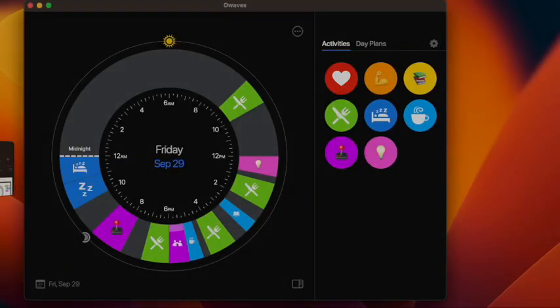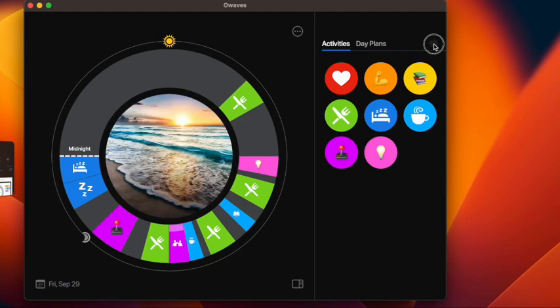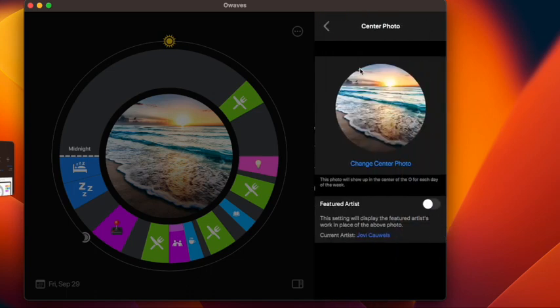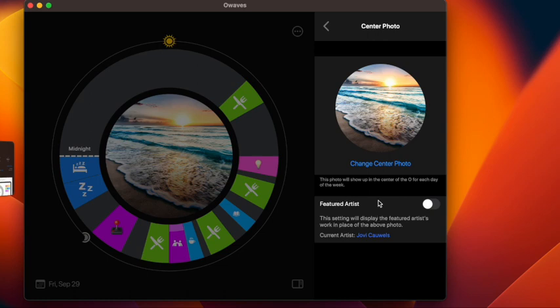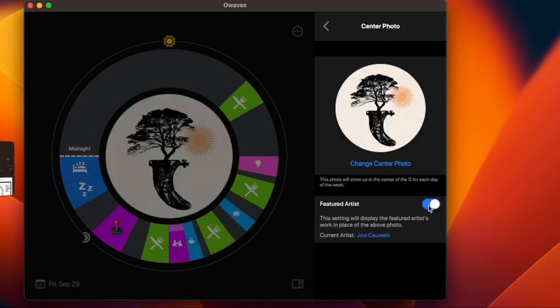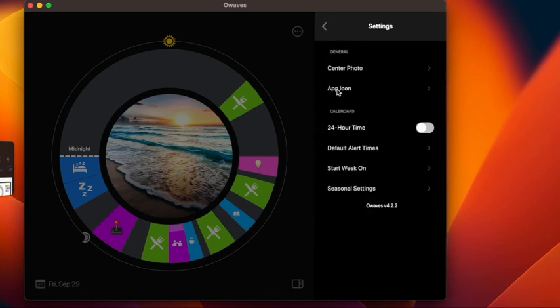Okay, so now we'll look at the middle over here, and you could change the middle to show a picture like that. So you just go to settings here, and you could change the central photo right there. And yep, there you go. So you can mess around with that. So that's how you change it in the middle.